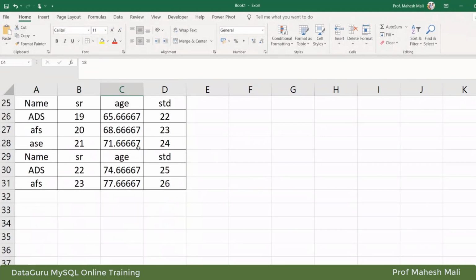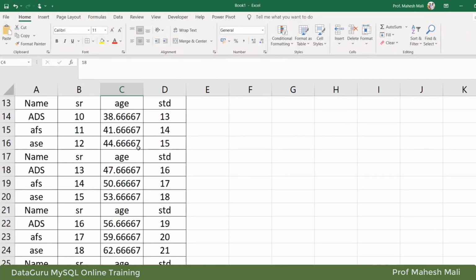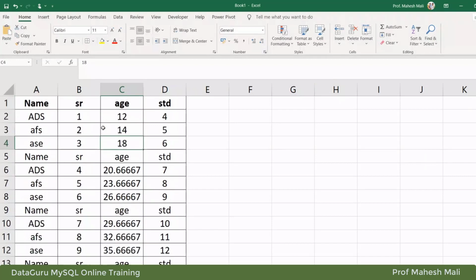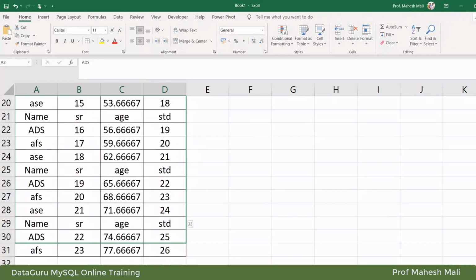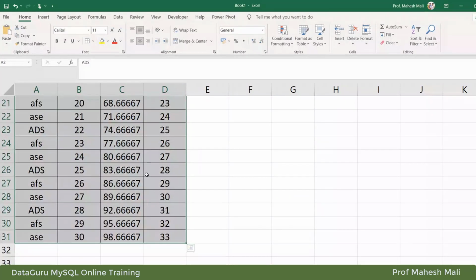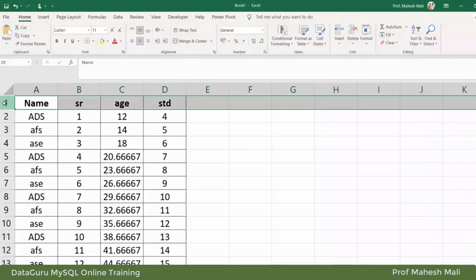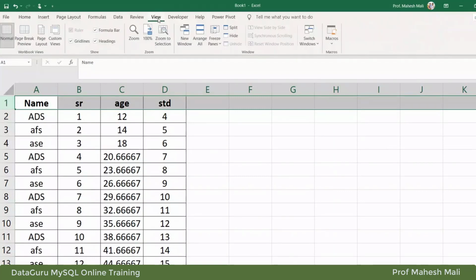Okay, now when I'm scrolling it down, see, the top row is going, and here I cannot imagine what that particular data is. For that, suppose I need my top row must always be there, although I'm scrolling. Then please select the top row, go to view.